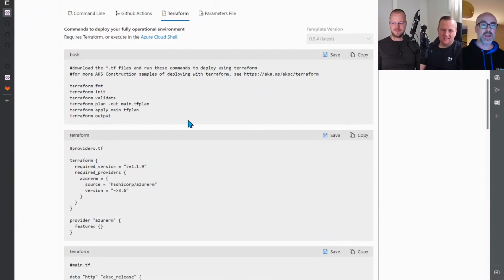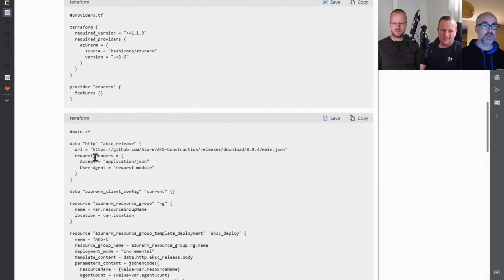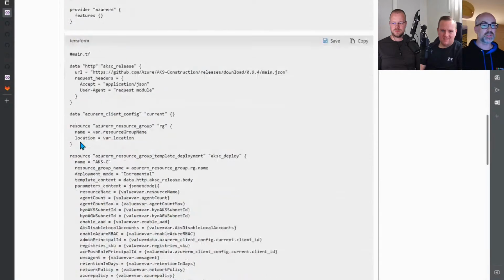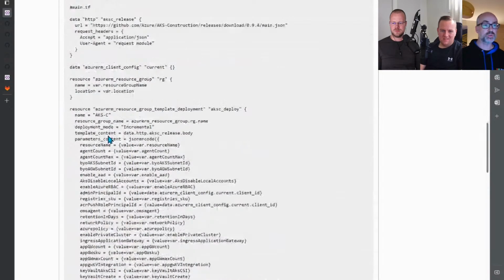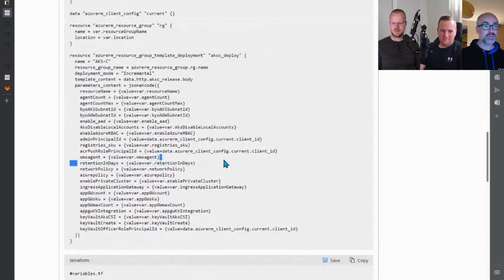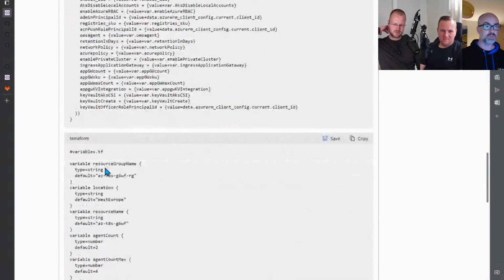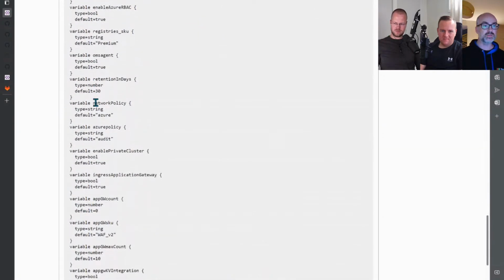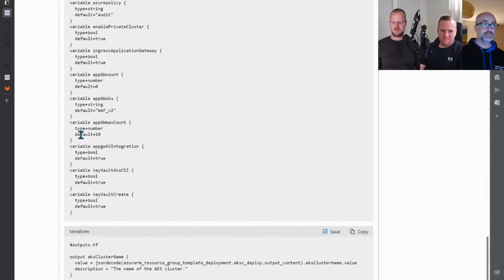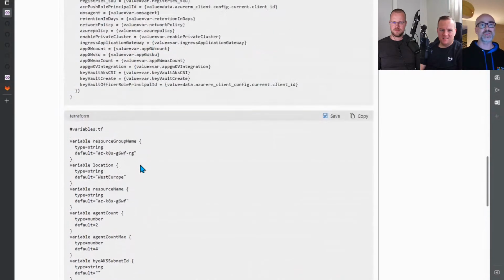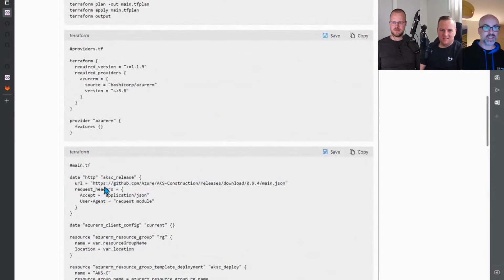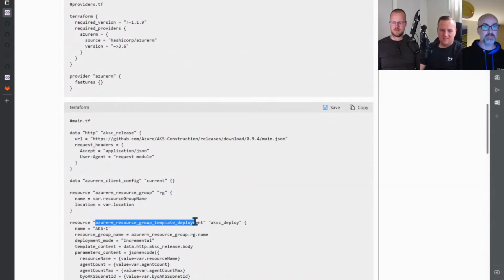But what we do here is we wrap the whole thing up in Terraform. We've got a URL that points to the ARM template, but we build all this other Terraform code dynamically. All these parameters that you set that deviate from the defaults, here you go. Then we give you the parameters TF file. It's got all your values in it. You can just scoop this up and run with it. You've got Terraform. I was very quick to hold my hands up, though. It isn't native Terraform, because we are leaning on the Azure RM deployment.